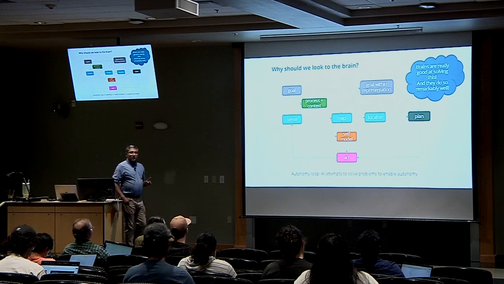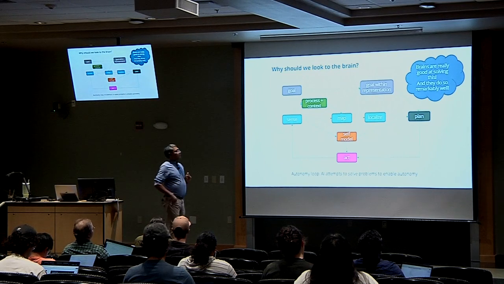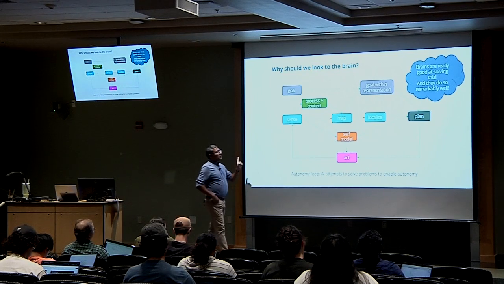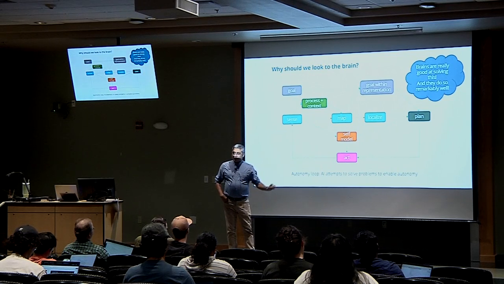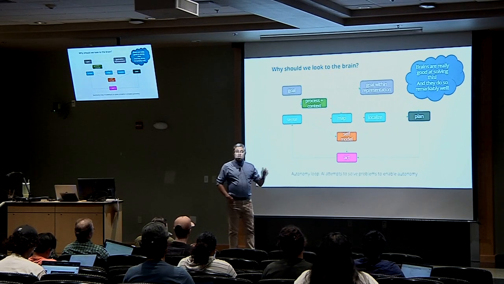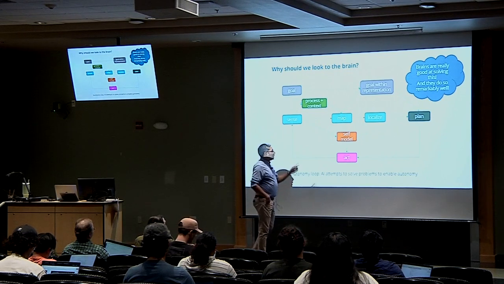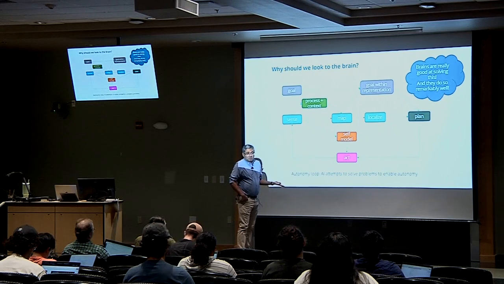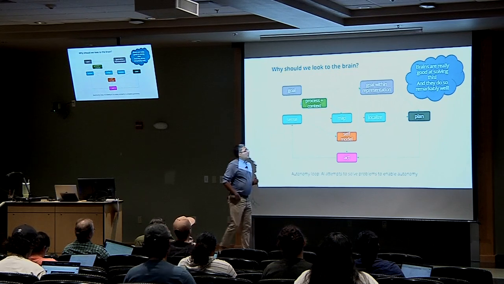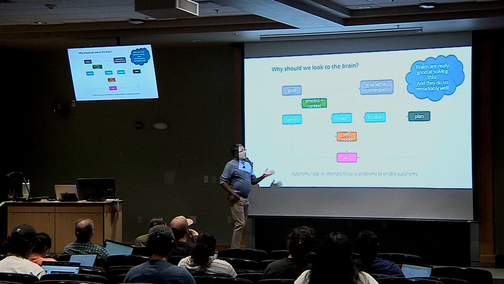Brains, on the other hand, solve this extremely well. By brains, I don't necessarily mean just human brains. Like insects solve these things efficiently well. They have much simpler circuits, but they solve all of these similar problems. May not do natural language processing, but they still have to navigate the world. They do so remarkably well.